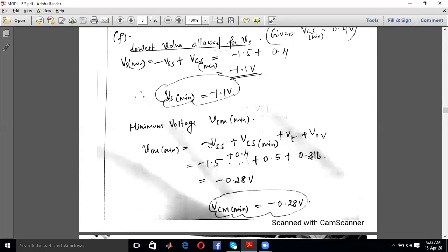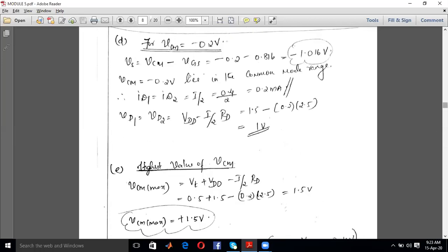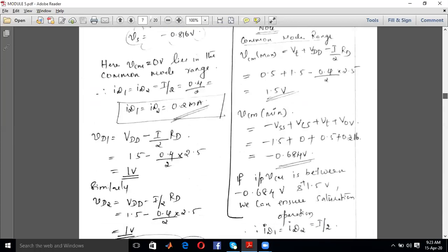VT is given, VSS is given. So the answer is minus 0.28 volt. So this is the common mode minimum value for the 0.4 volt case. Whereas in the previous part of the question, the VCM min was only minus 0.684 volt,